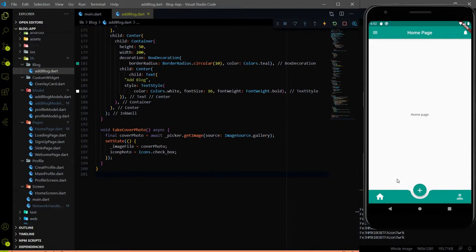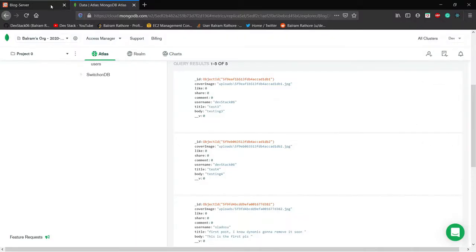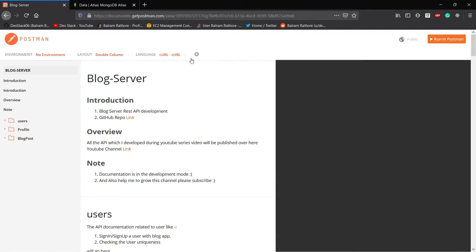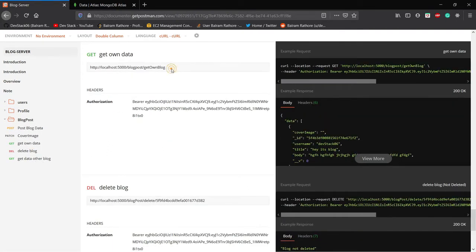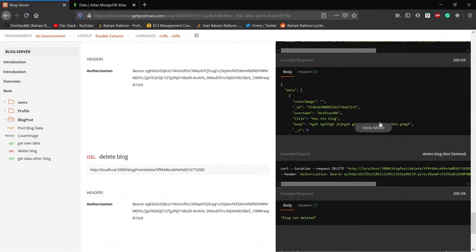And why I'm creating another model class, let me go to the browser where I will show you. This is the official documentation page of our REST API. If you go to blog post, inside the blog post we have two endpoints. The first endpoint gets the data of other users' blogs, and the other gets the data of our own user blog. So let me click over here, and this is the REST API endpoint for fetching the own blog data. Okay, and if you go to example response and click on view mode,